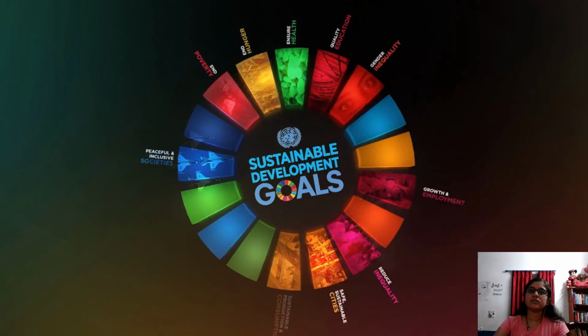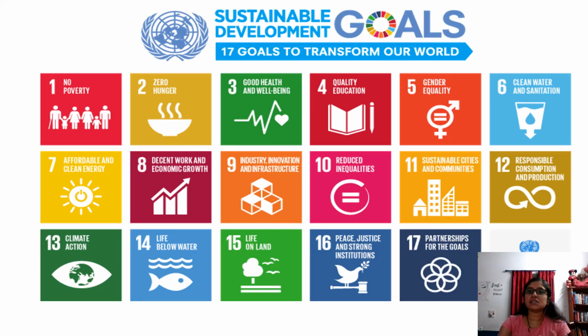So yesterday we discussed half of the sustainable development goals. Again I'll repeat, there are 17 sustainable development goals which were developed by 193 countries. Together, they formed a group and signed an agreement to solve these issues by 2030. So we have only 10 more years. It was signed in the year 2015, that is 5 years back, and they have found out these are